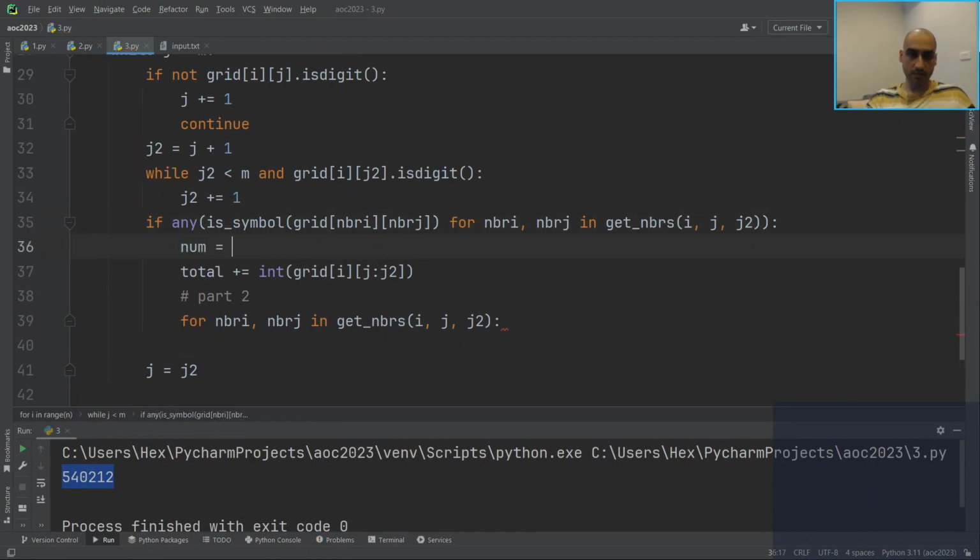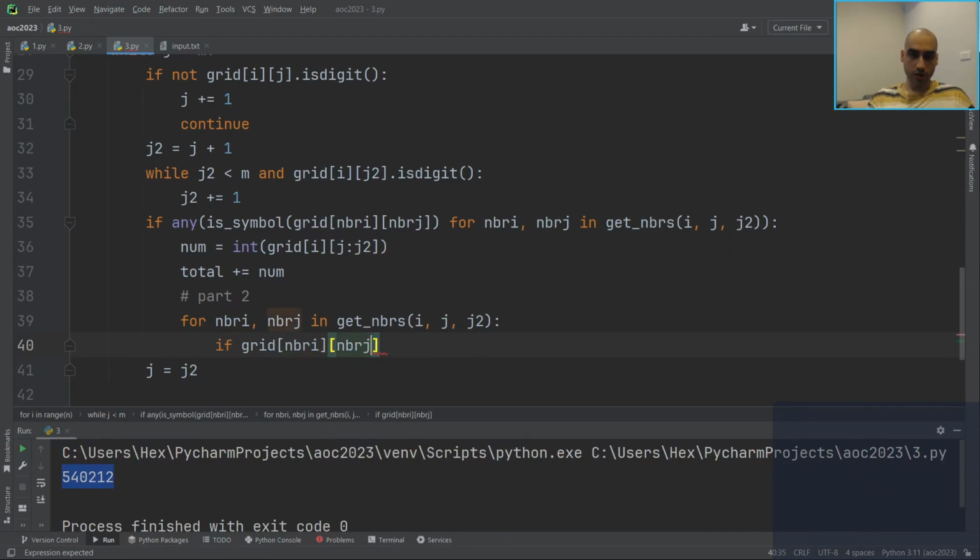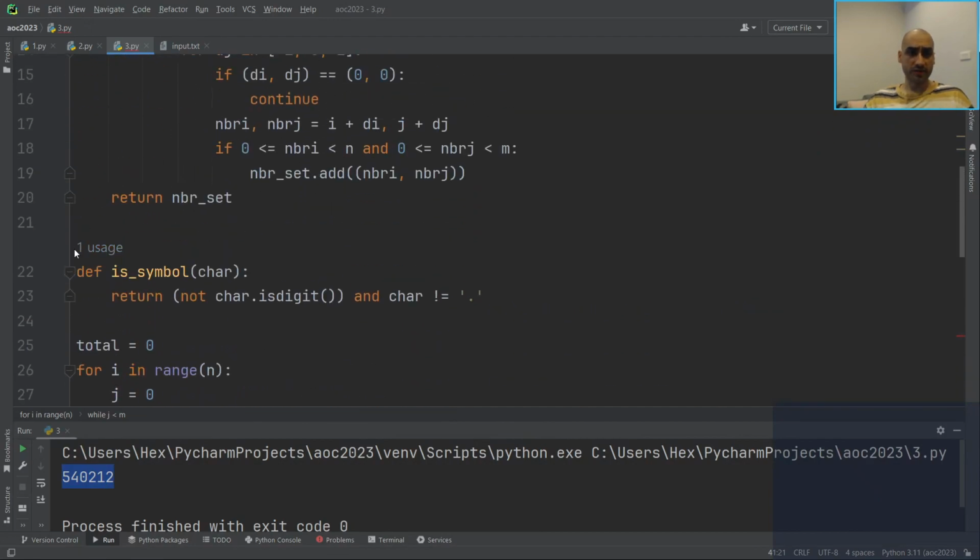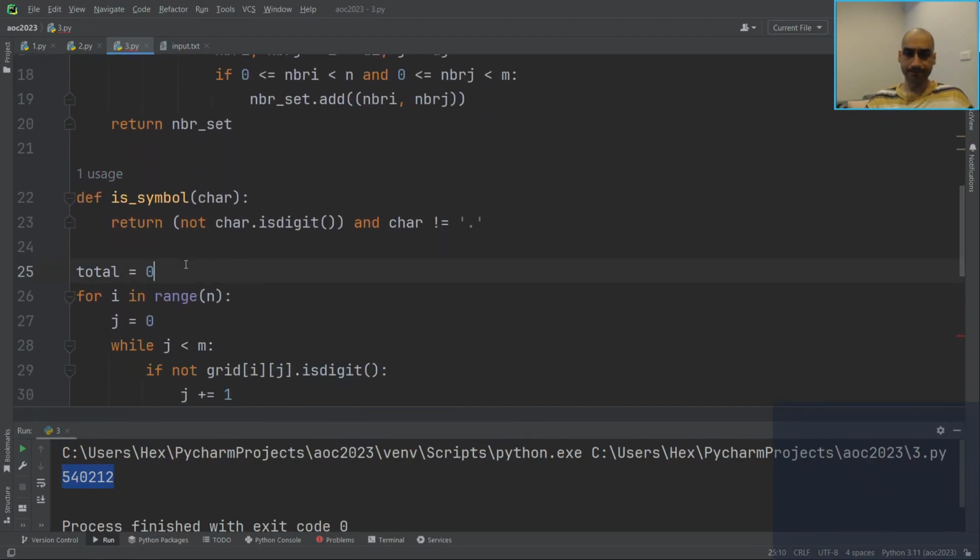Let's just say num equals this. So if grid neighbor I, neighbor J is an asterisk, we're on a table here. Let's say